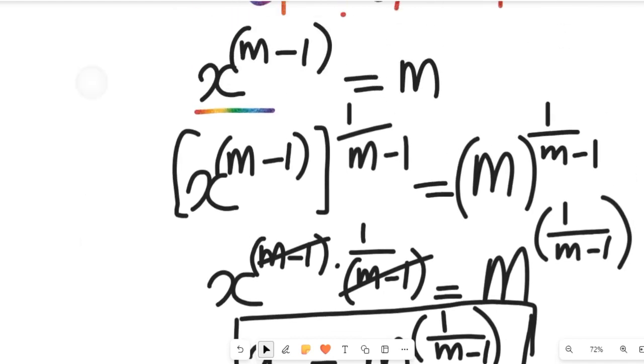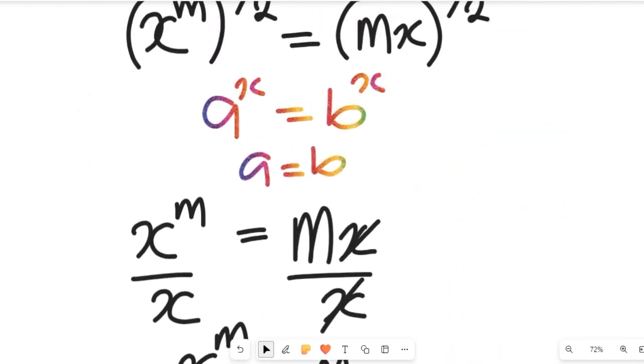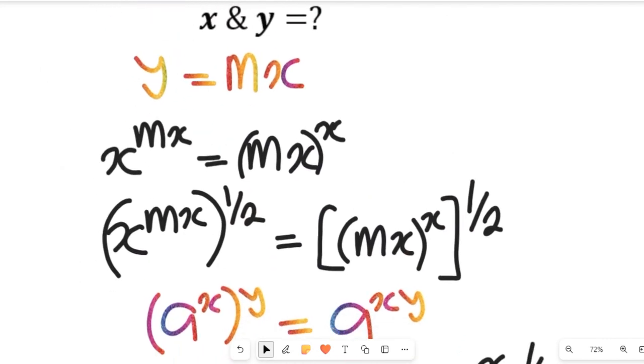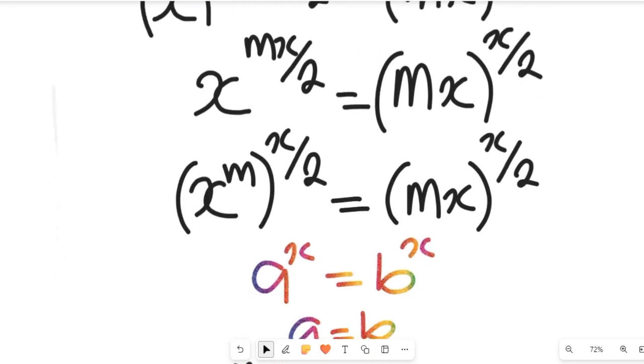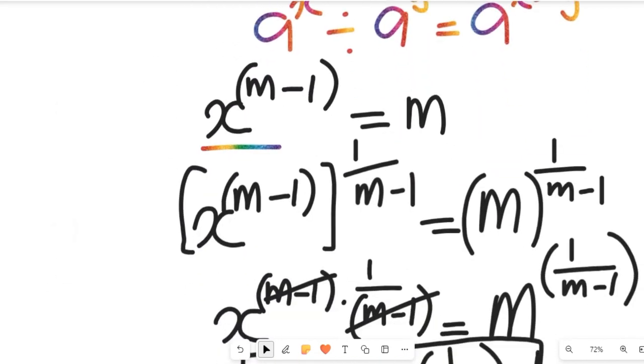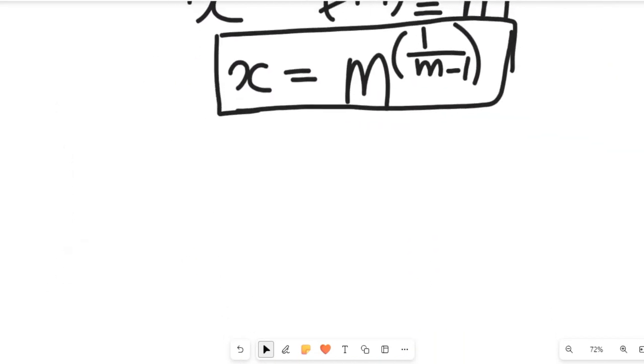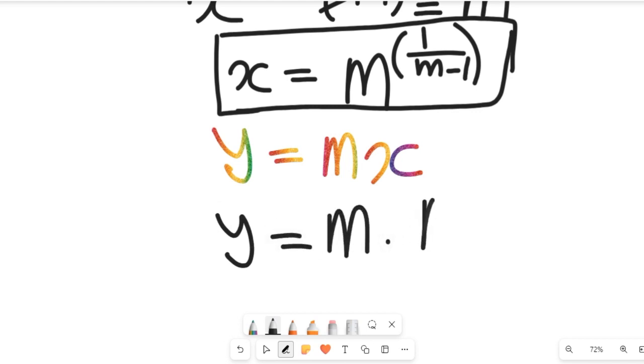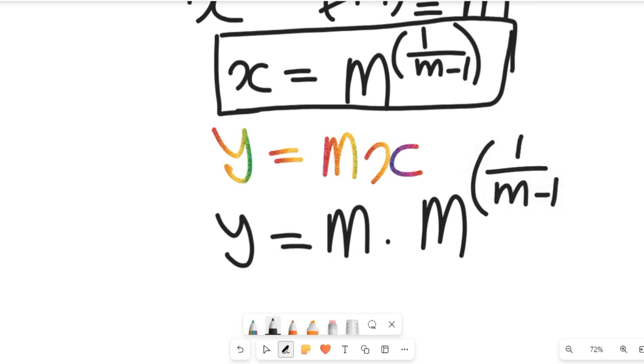Now recall from the original expression that we said earlier on that the value of y is equal to mx. So let's bring down that expression and then find the value of our y from it. We said the value of our y is equal to mx. So since I've gotten the value of x, I can simplify my y. My y will be equal to m multiplied by m to the power of 1 divided by m minus 1,